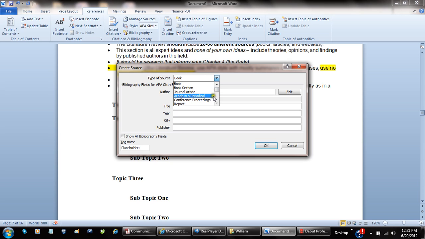So I have journals, articles, conference proceedings, reports, websites, interviews, cases, anything that you might have to cite is listed there. I'm going to do a journal article, and the author is going to be Anderson Emerson, and the title is My Great Adventure